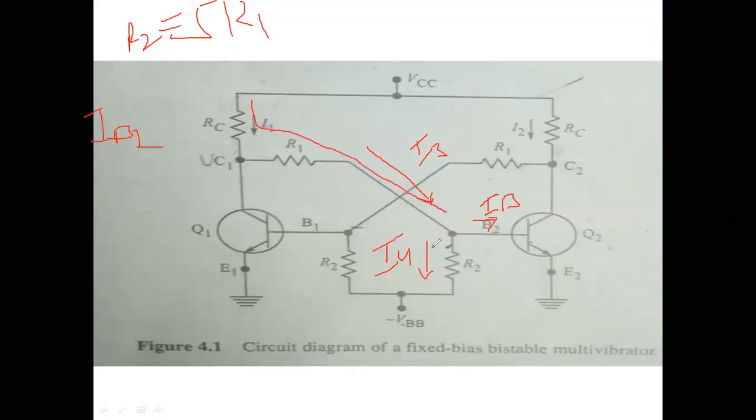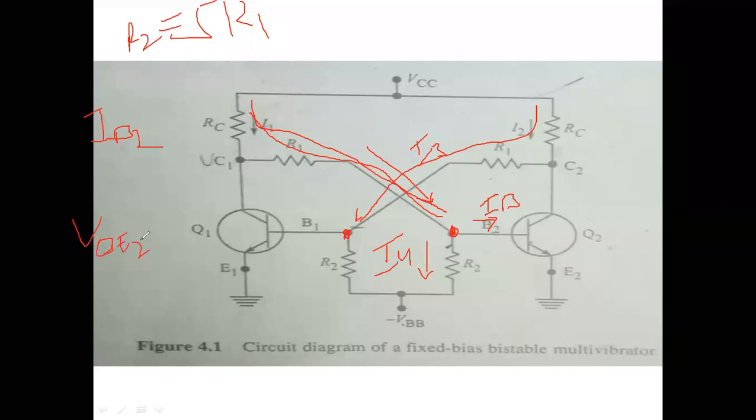Instead of assuming I3 here, in this direction I am going to consider the I3 current, because you know the voltage here. Here the voltage is VBE1, which is minus 2 volts. If we consider this direction, here the voltage is 0, because this is a saturation voltage. If you consider this I3 current in this direction, how can you write VBE2?